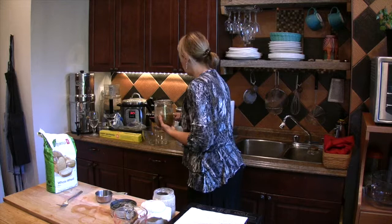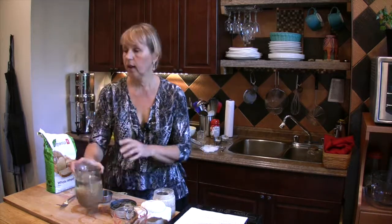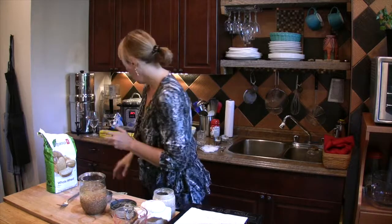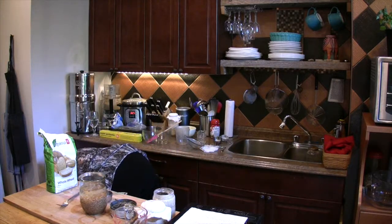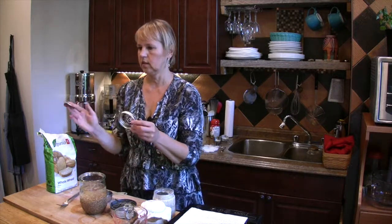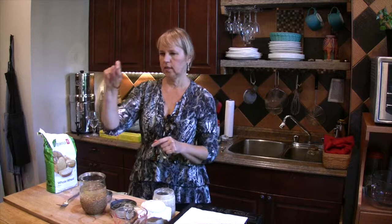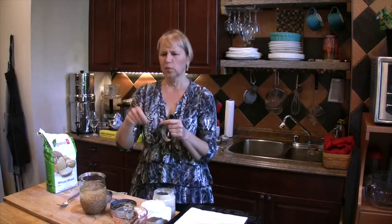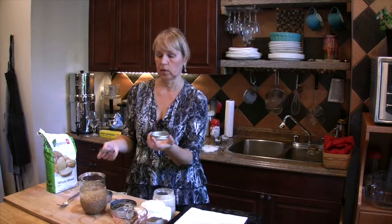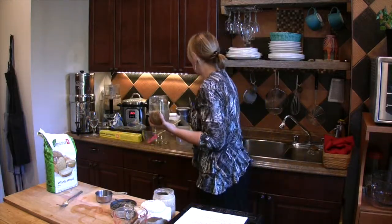I've got this little setup that works for me. You can also get a regular jar with a lid, one of those canning lids, and instead of putting that metal piece in, I used to have one of these but I don't anymore. I will probably make these for you guys when I get out to Michael's. What you get is one of those pieces of mesh plastic that people use for needlework, and cut it to that shape. And then you can just dump it really easily. So that's usually how I would make my sprouts. But since I don't have that available right now, and I didn't get to the store to make those,